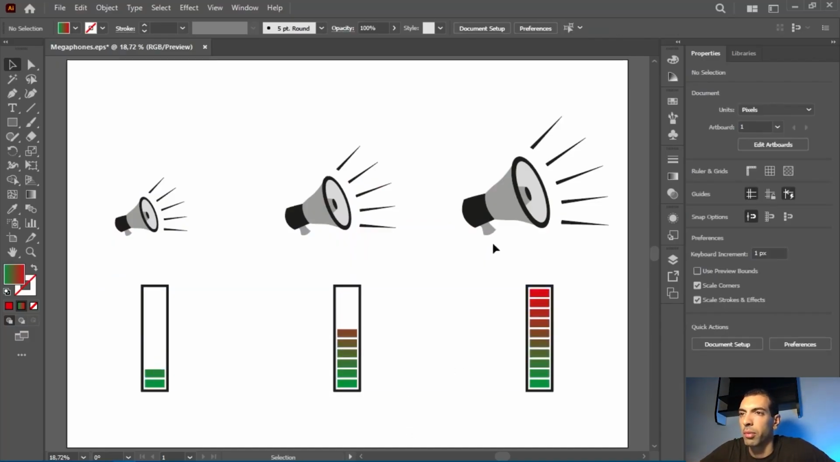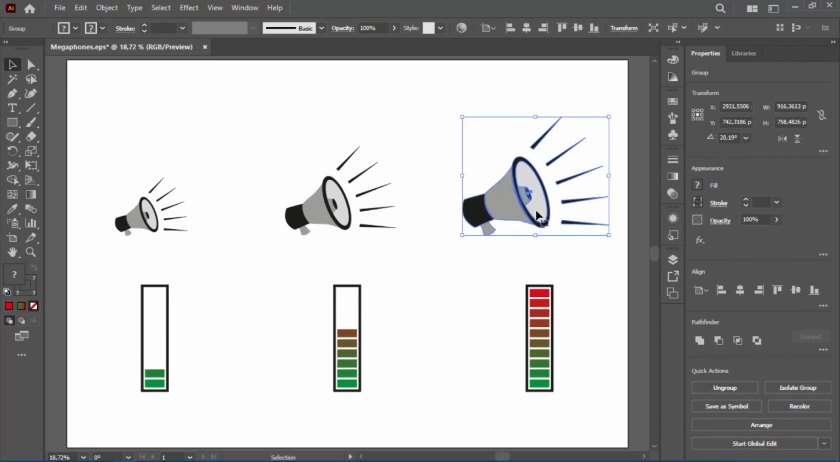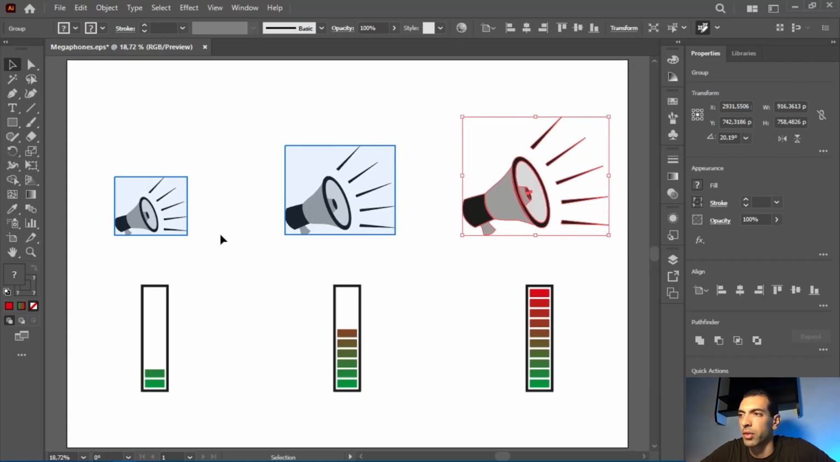Now I'm going to apply some changes to the megaphones. I'm going to change the colors and do a few other things. I click on the megaphone. I'm gonna click on here, start global edit, start editing similar shapes together. I click. Now you notice all the similar shapes are selected, all the similar illustrations are selected,